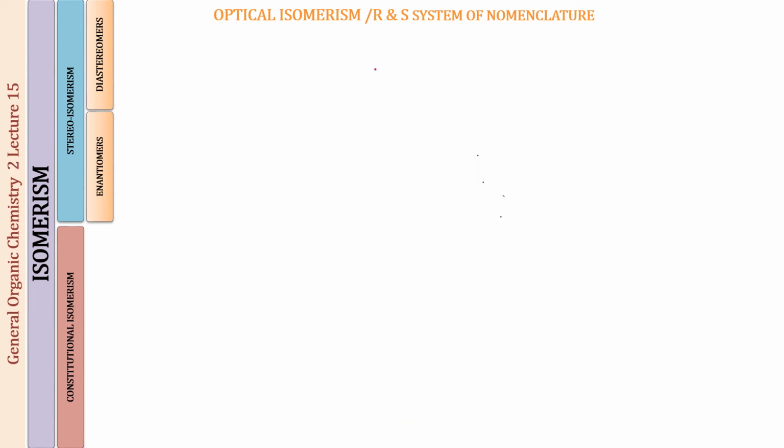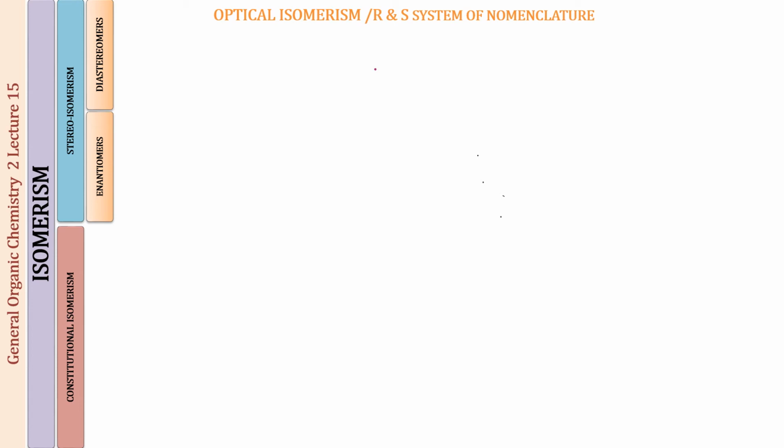So now we have seen 2 examples. One example we took of 3-bromo-2-butanol, and the other example we took was tartaric acid. In both of them, what you found was that the maximum number of stereoisomers possible is 2 to the power n. But if there are going to be identical structures formed, it can be less than that, as you saw in the case of tartaric acid, where we had just 3 stereoisomers.